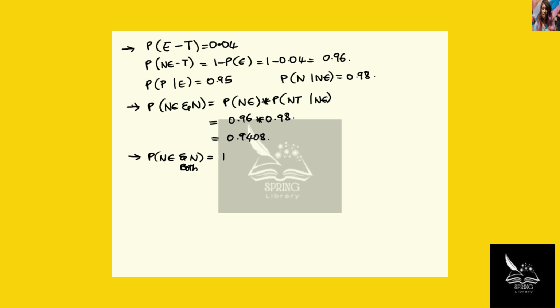This is equal to the probability of not exposed and negative times the probability of a negative test result and not exposed. So this is equal to 0.96 times 0.98 times 0.98. After calculating this, it gives 0.9920. And coming to the next part, where we need to find the probability that neither of them has a